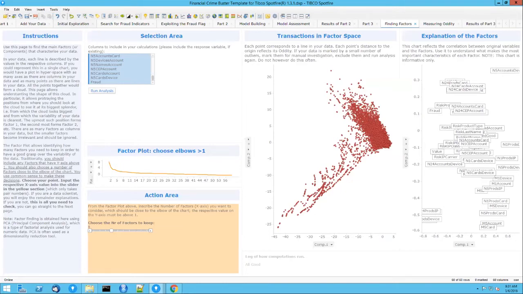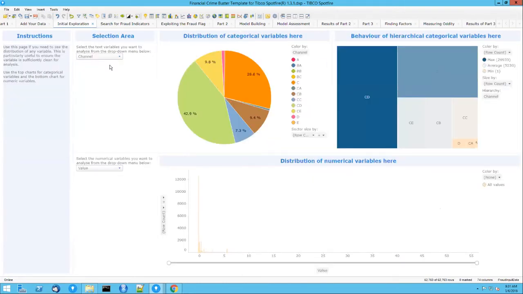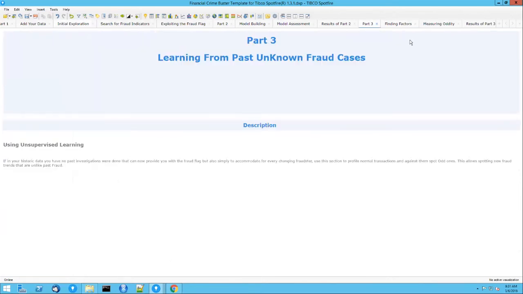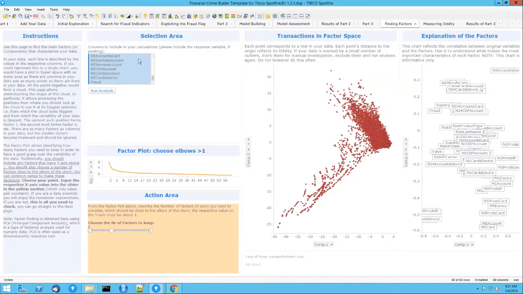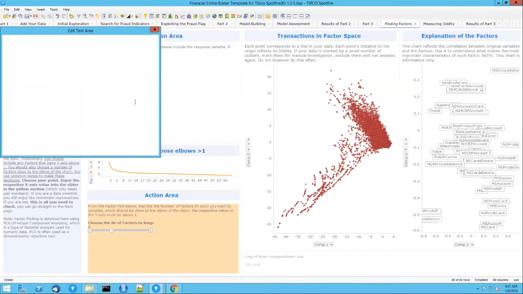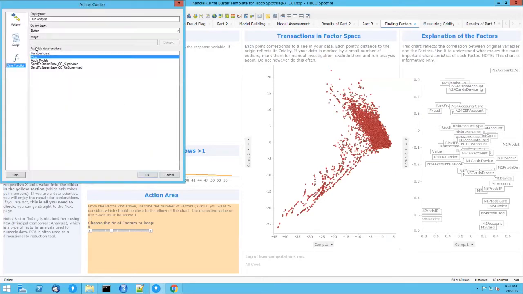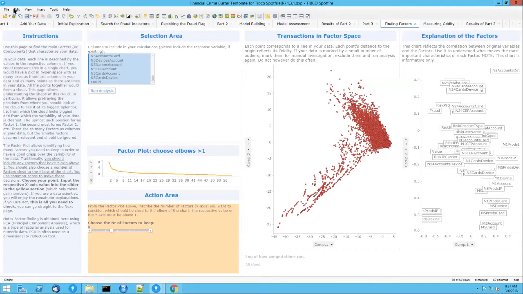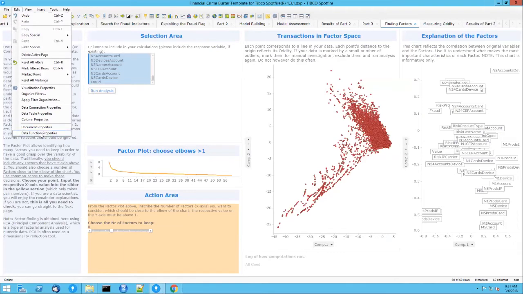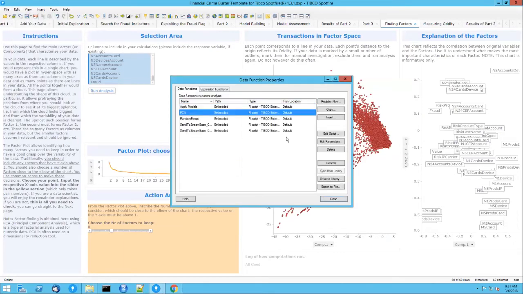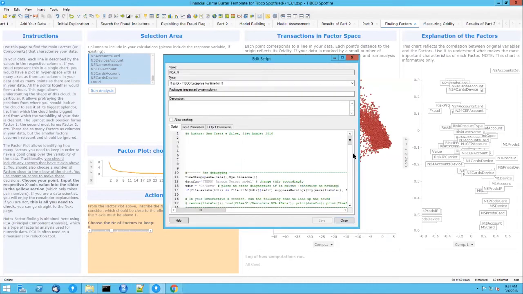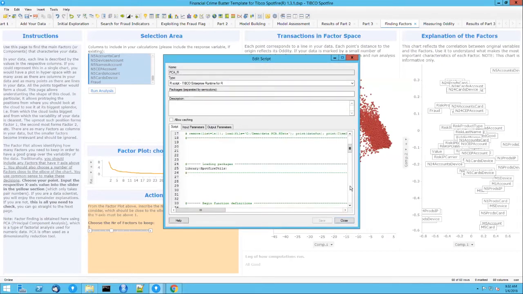So on your initial exploration, you'll be able to look at the different columns. And from the variables that you have selected, they'll show up here. So that when you select them and when you do run analysis, I can show you what this button is hooked up to, and it executes the PCA function. The PCA data function is one of the many built into this particular template, but this one particularly is quite nice as it has